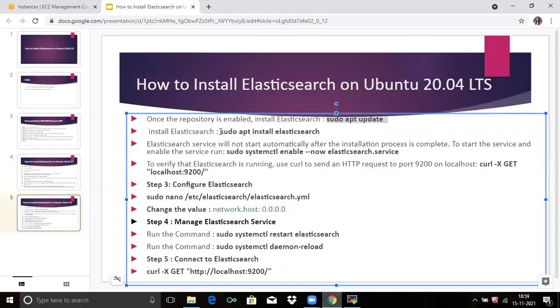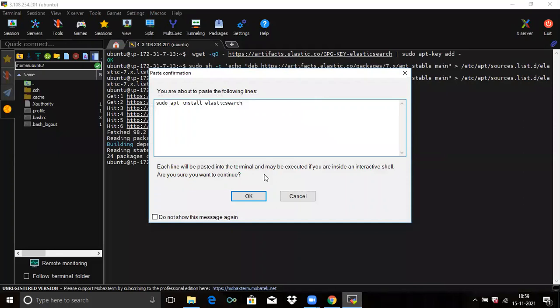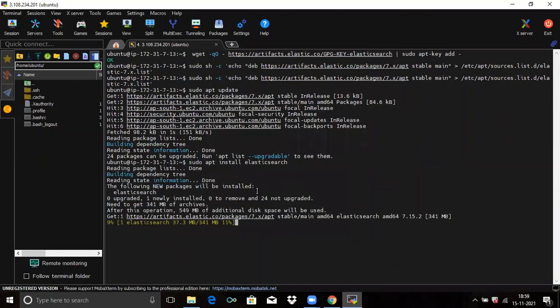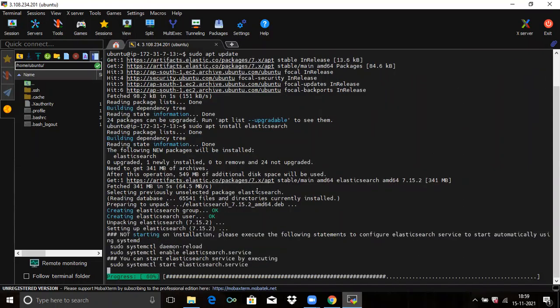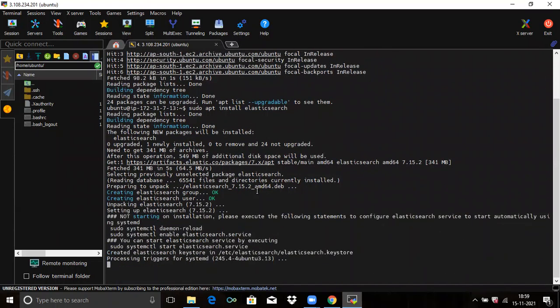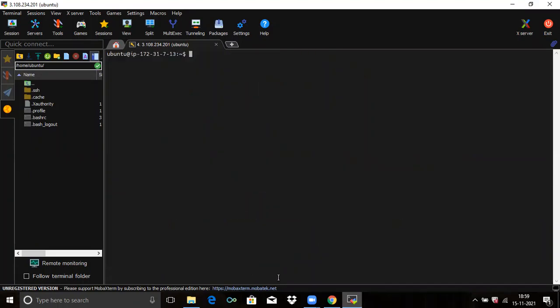Then now we are going to install Elasticsearch on Ubuntu 20.04 LTS. So it's done. Clear the screen first.